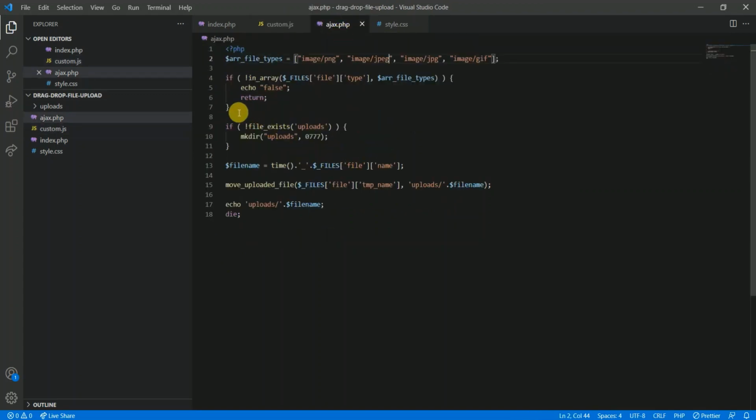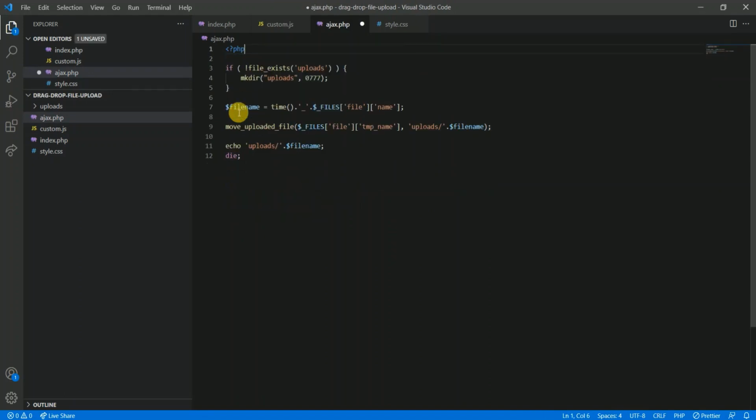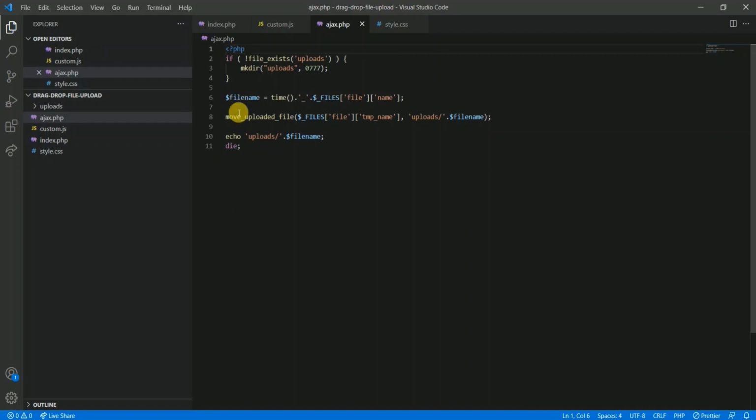I am removing this code as we have multiple files and we never know whether the second or third file is not of type image. So it just basically gets disturbed. So better you handle this scenario on the client side. My intention is just to show how to upload multiple files. Now here we have created the directory. We don't have a single file, so I am removing it. Now we have multiple files, so let's loop through it.